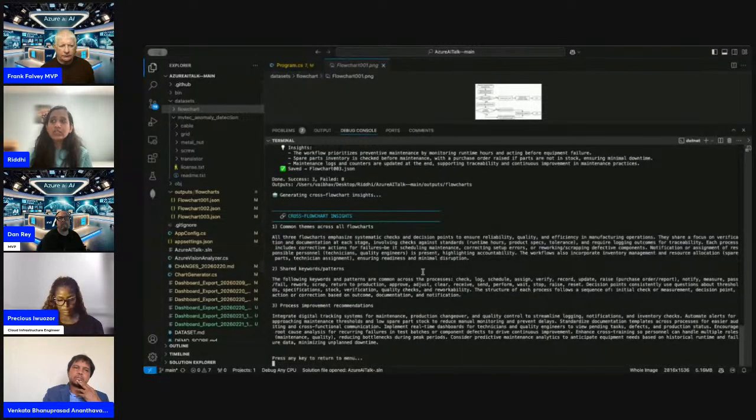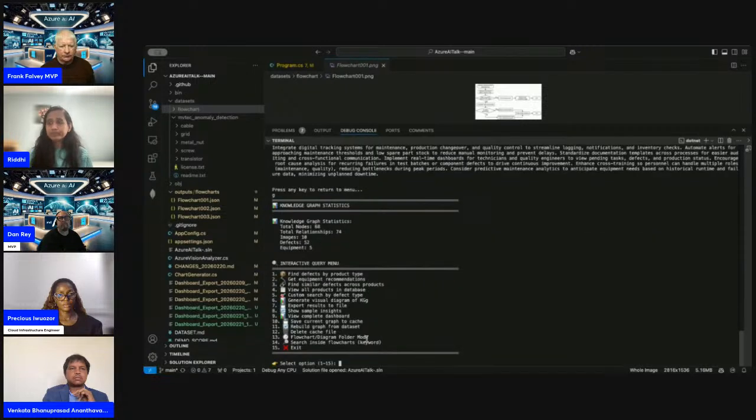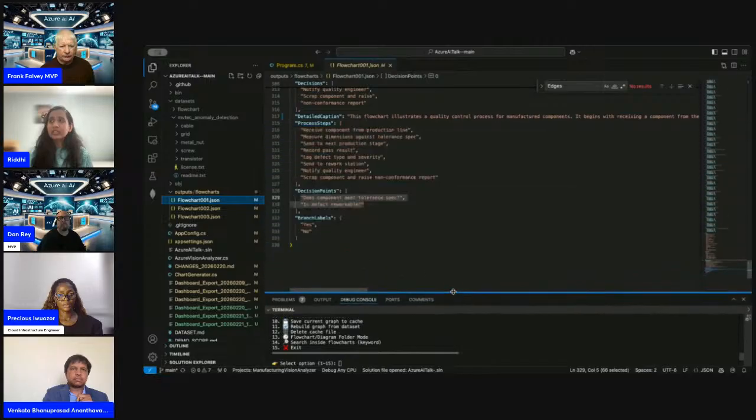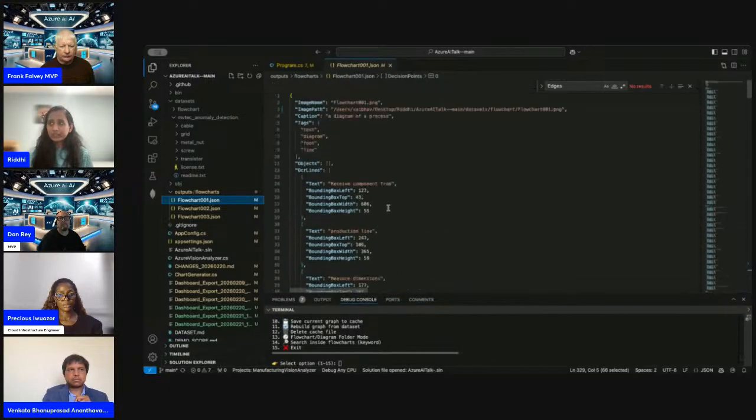And there is a common theme across all the flowcharts. That's what Azure AI is doing. And where the Azure Vision is helping out is when it creates the .json file. So you have the name, you have the caption, as I said multiple times, you have the tags, and the object. In Azure Vision, as I said, there is a little bit of a limitation. It doesn't recognize the rectangle or the square.